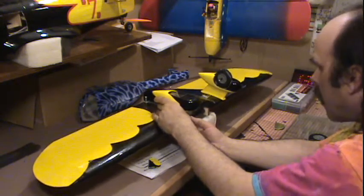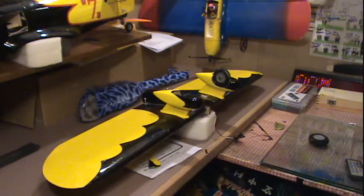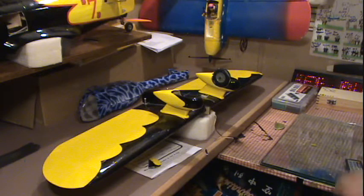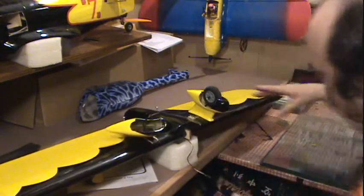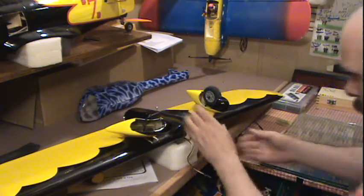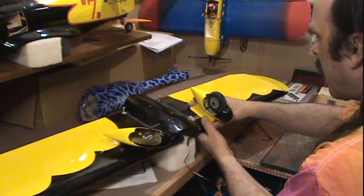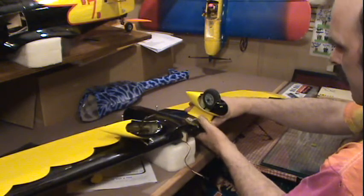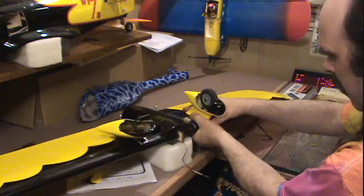Yes, it will. Okay. So, that side's done. Let's get the other side done. Okay, so I'm going to do the same thing on this side here. We'll line it up. We'll cut out the monocoat. And then we'll epoxy these on one at a time. I want to hold them in place, but now I'm going to try to get this wheel centered here. That's about perfect. Oh darn. Okay, now